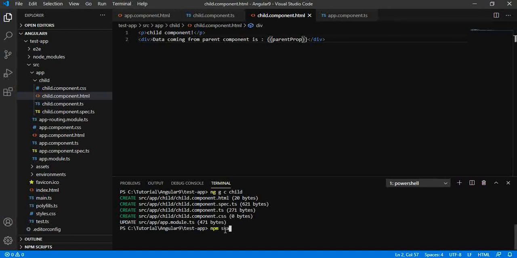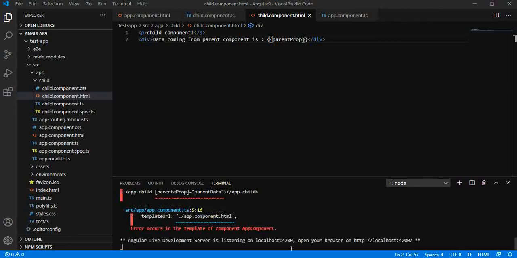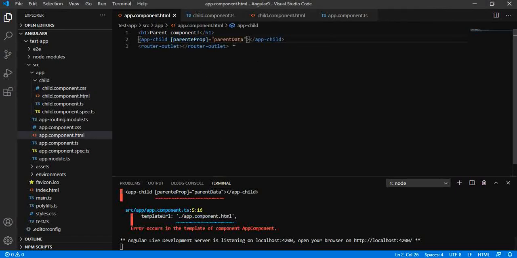Let me run the application. So we are getting this particular error that is saying there is an error in template. Again run.